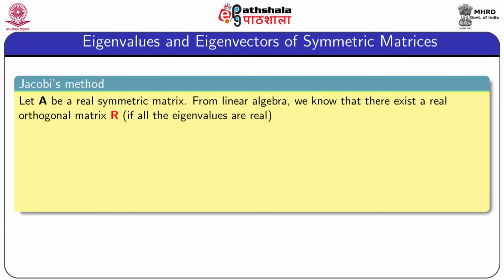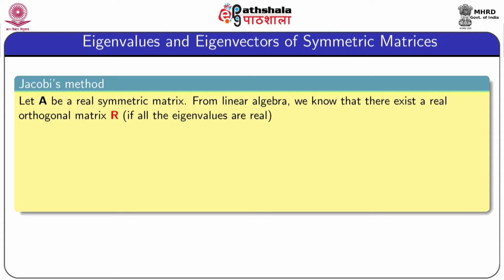In Jacobi's method, a series of orthogonal transformations or rotations is applied on appropriate matrices to convert the original matrix A to a diagonal matrix. The diagonal elements of the diagonal matrix are the eigenvalues of the given matrix A, and from the orthogonal transformations we can calculate all eigenvectors of the original matrix A. Jacobi's method is applicable for a real symmetric matrix.